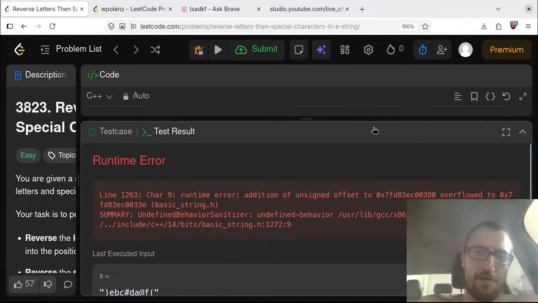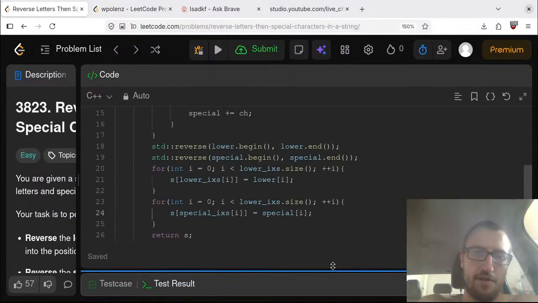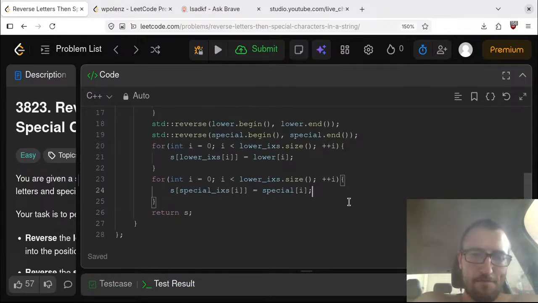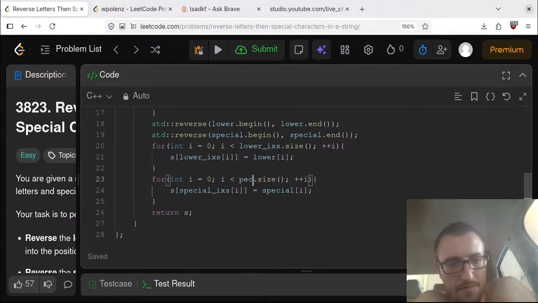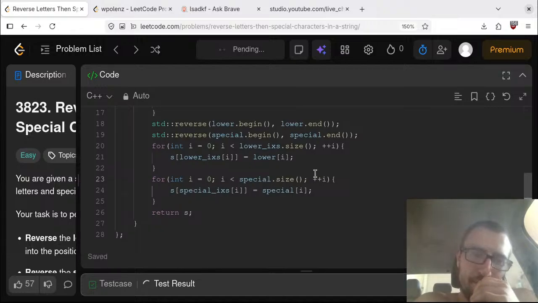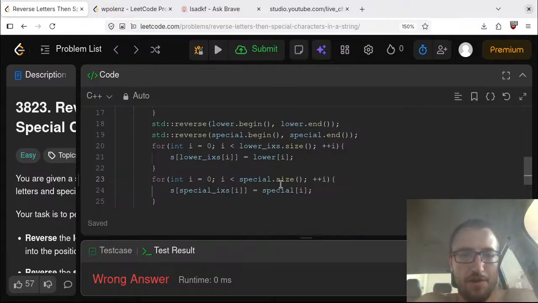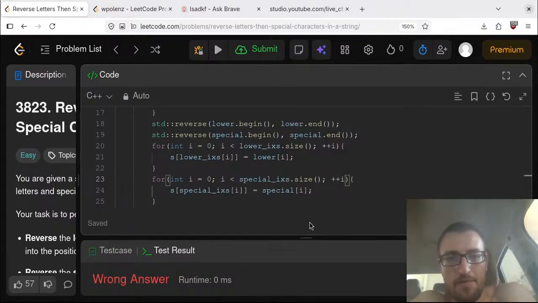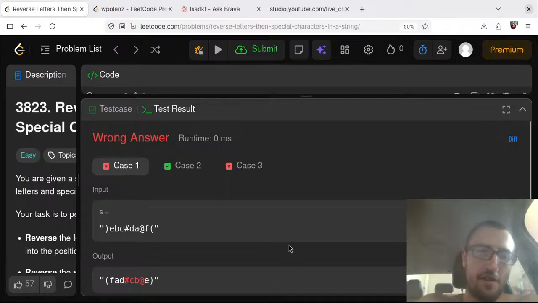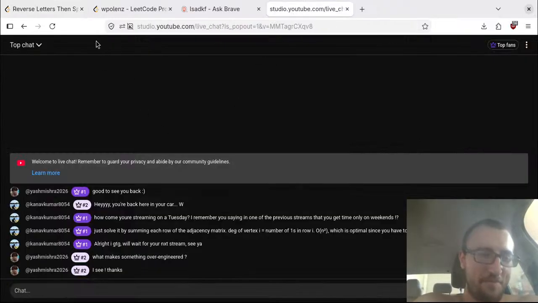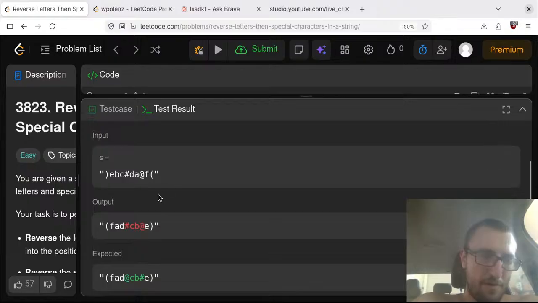Runtime error. Okay, not great. Yeah, did that one. It's wrong, but it's not crashing, so that's good. Output expected. Okay, pretty close, but